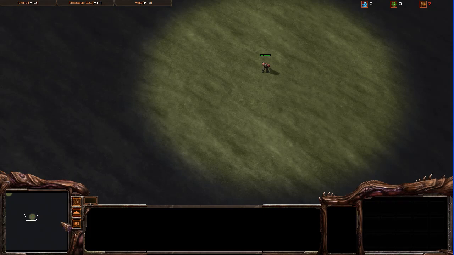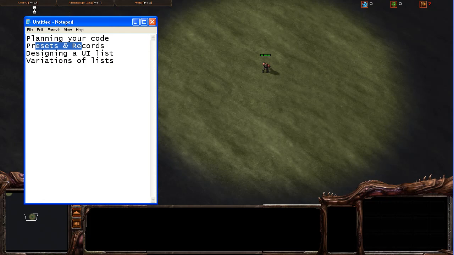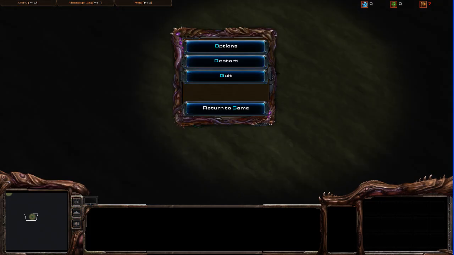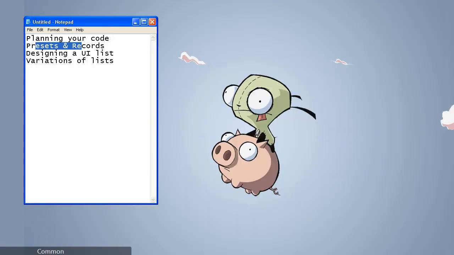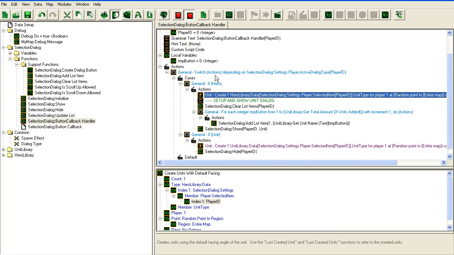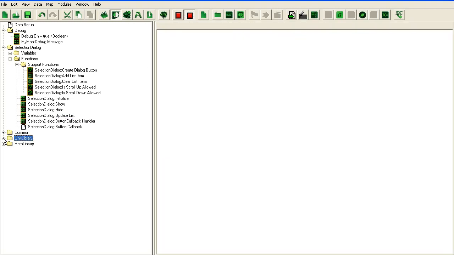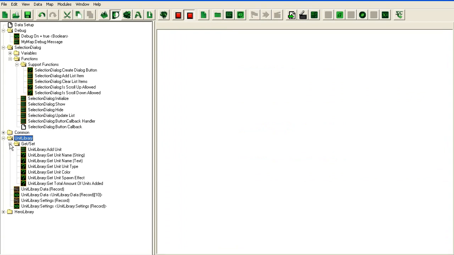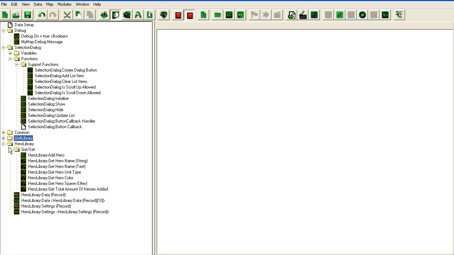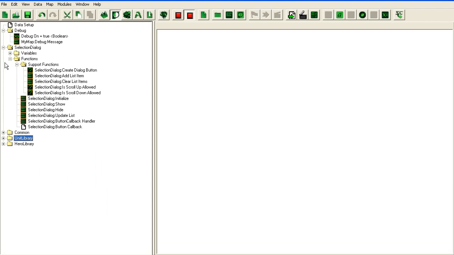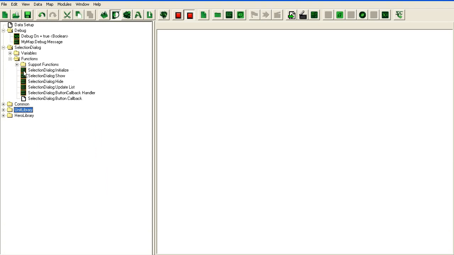So it's working, and that's fairly cool, I suppose. That concludes this part, which was freakishly long, unfortunately. But if you want to create a proper, neat, functioning dialogue, yeah, it takes a while. So let's go through everything that we did here with the dialogue. I already went through the unit libraries in the past tutorial, so if you're wondering about them, just go watch that tutorial instead. I'm going to cover the dialogue here. Initialize